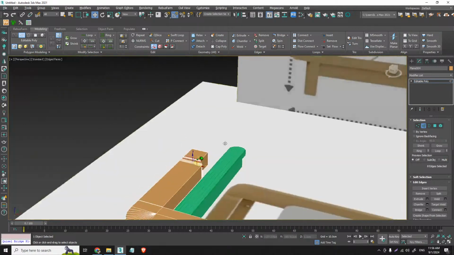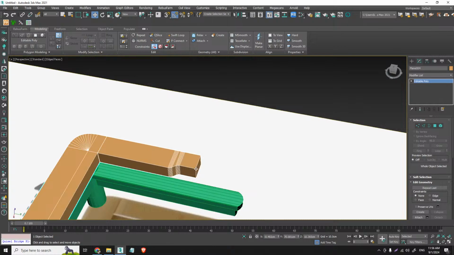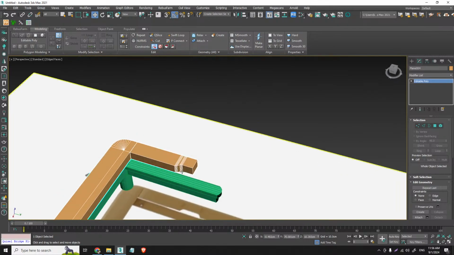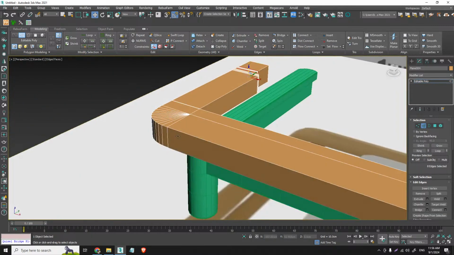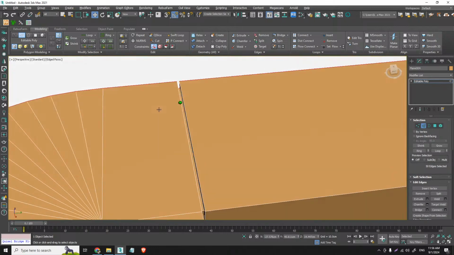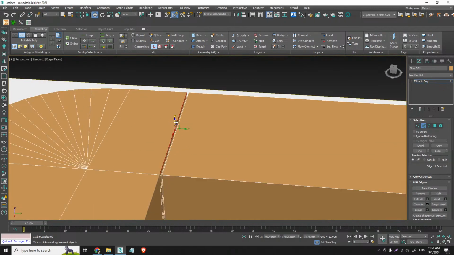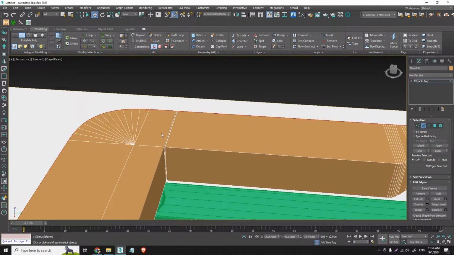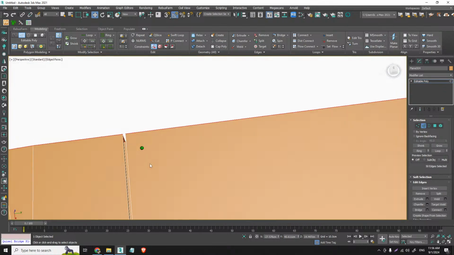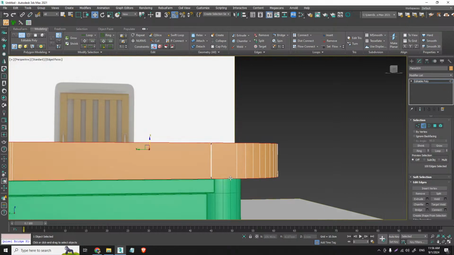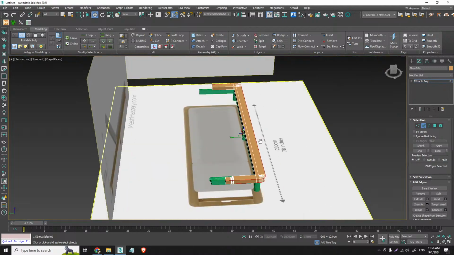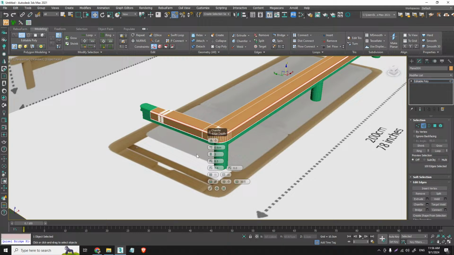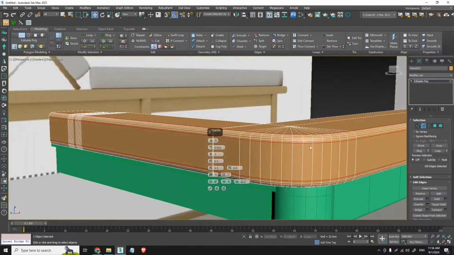All right, now this is not perfect topology in any case, but it's a quick way to fix this. And of course we got to do the chamfering right here, but the chamfering we need to get right there, and the chamfering we need to have on this part is entirely different. So what we will do is that we are going to select this part and this part also. I think on the inside we don't need to chamfer them that much, so we are fine. And we are going to chamfer this as